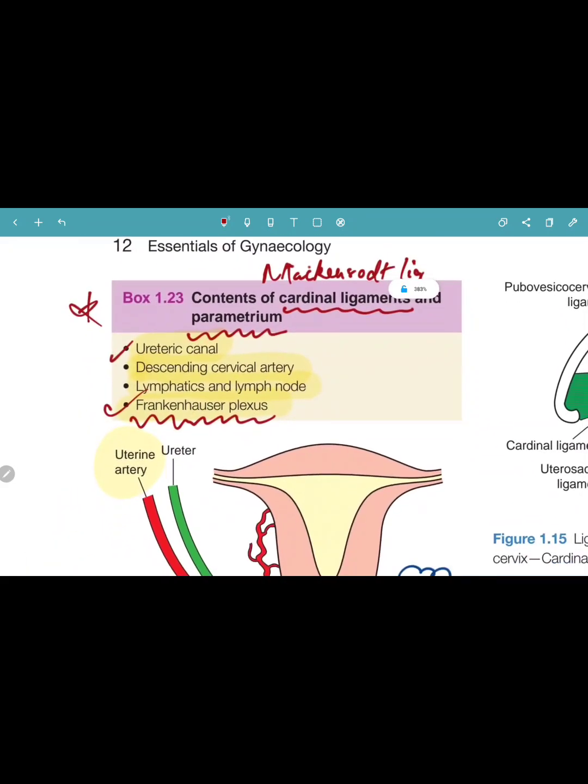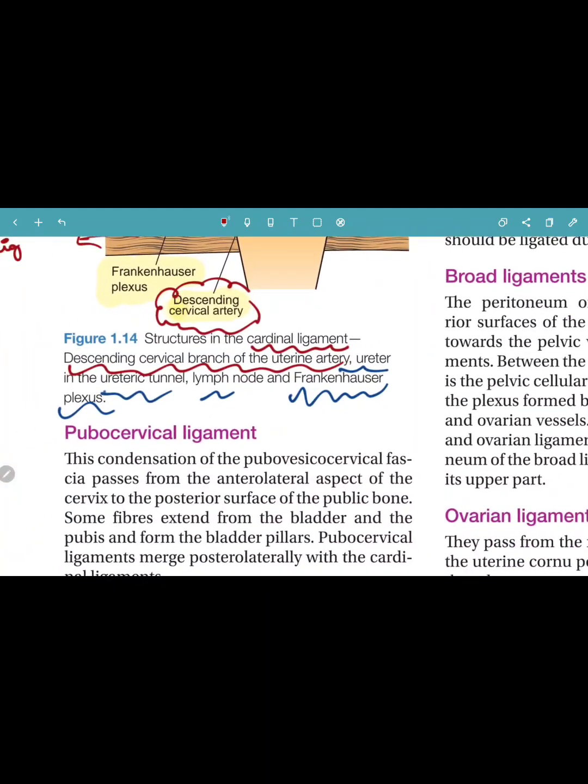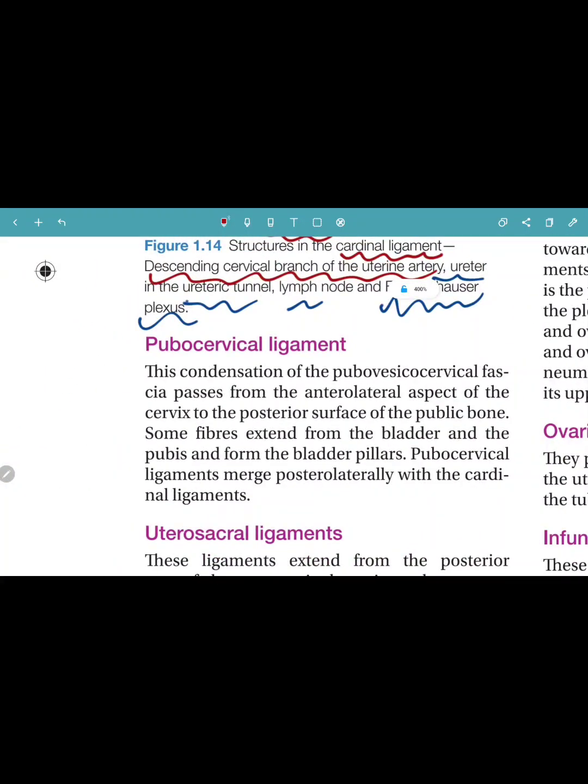So again, the contents are the ureter in the ureteric canal, and then your descending cervical artery, which is a branch of the uterine artery, lymphatics and lymph nodes, and Frankenhauser plexus. Finished. Next, moving on to the second important ligament, which is your